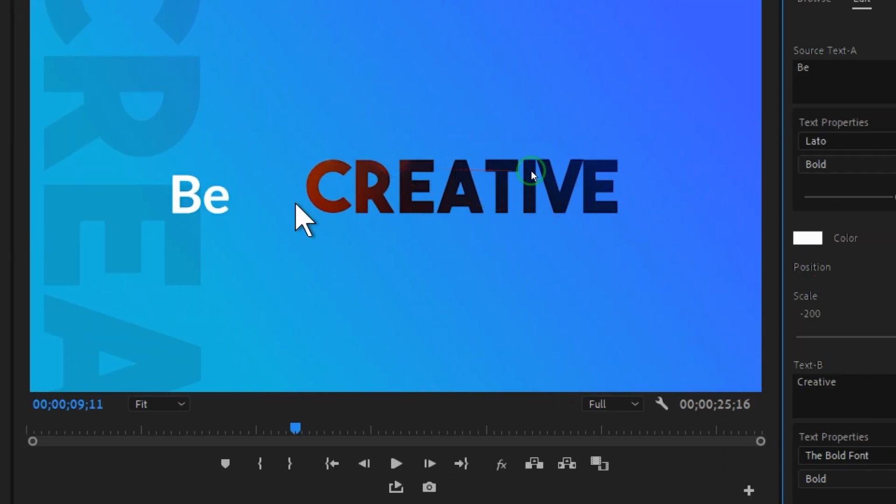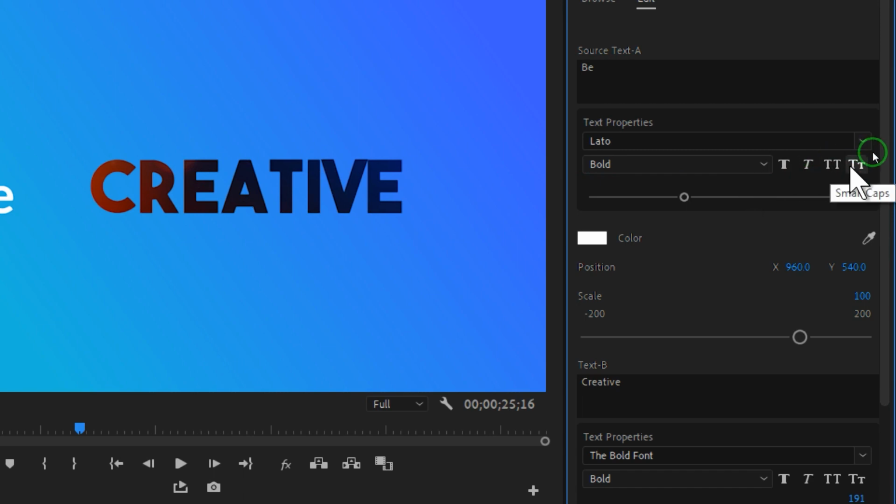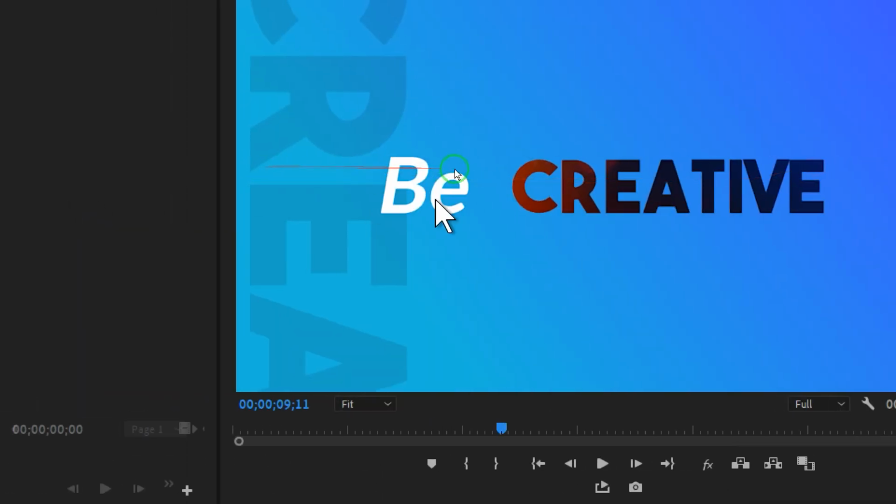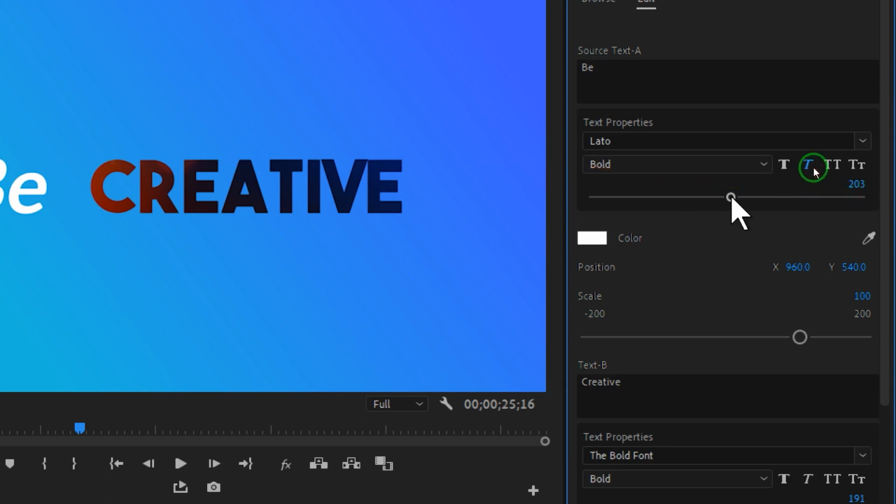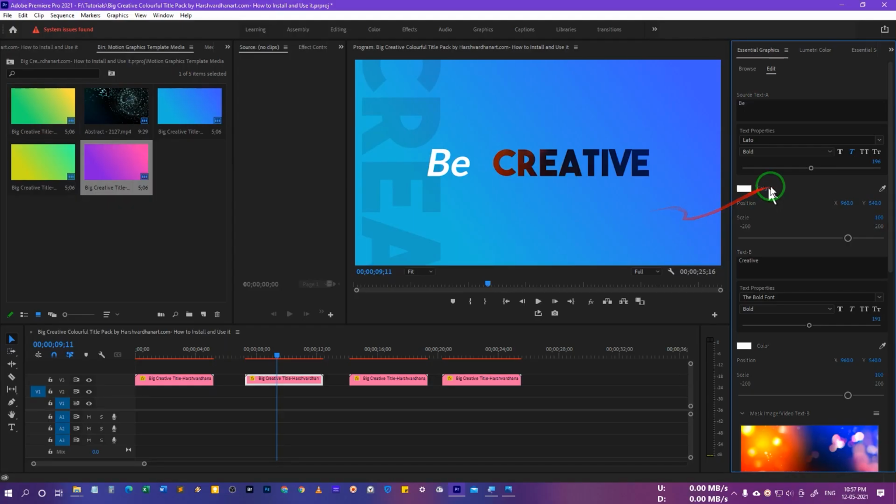You can make it bold and italic from here. You can change its size as well, making it larger or smaller. We can even change its position X and Y, and we can scale it.